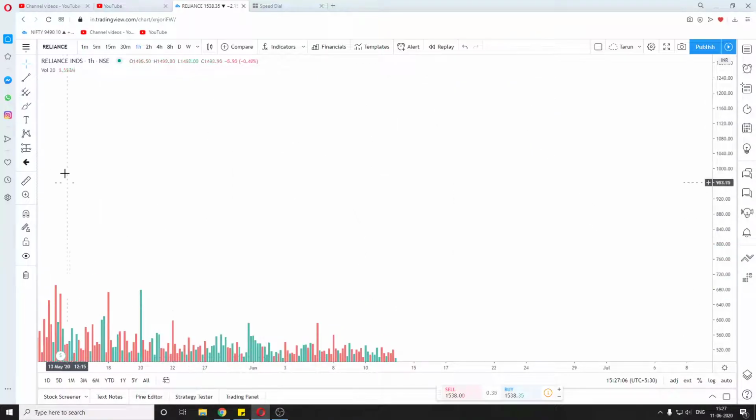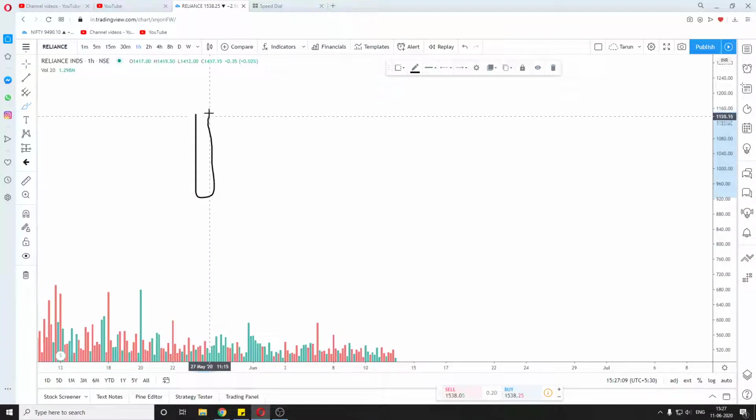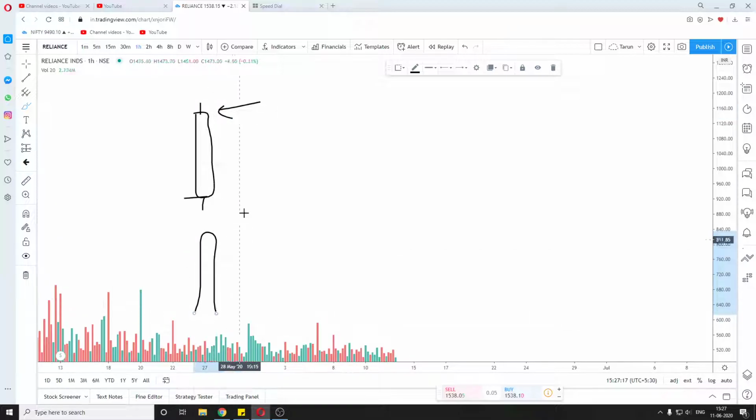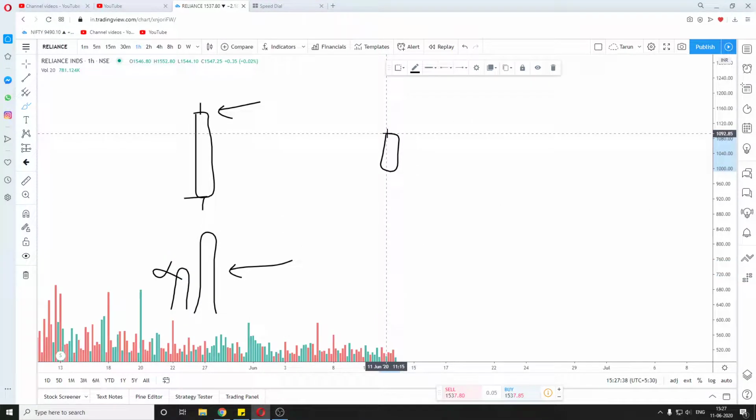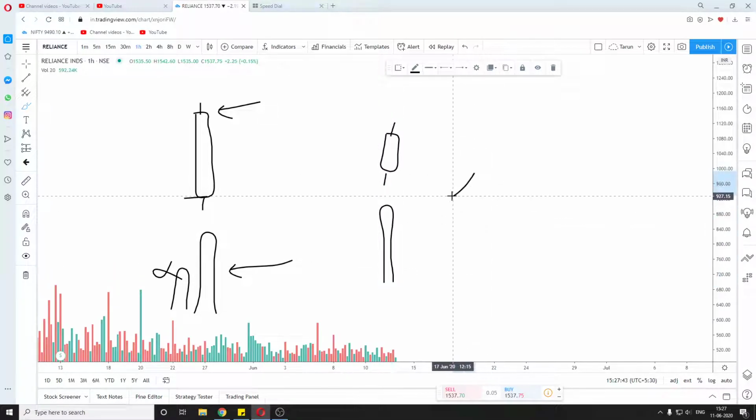So if we have a candle which is big, with a big spread, that opened here and closed here, the volume should be high because the price has increased a lot, so the volume should be there to support the price. If the volume is not supporting the price, this means that something is wrong. The same goes the other way: if the candle spread is huge and the volume is less, there is also something wrong. It works the other way as well: if the candlestick is small and the volume is huge, that means there is something wrong.